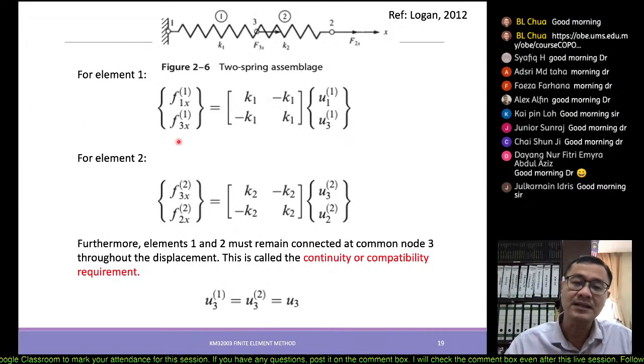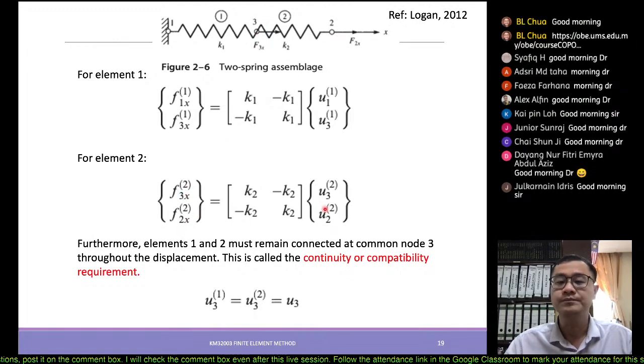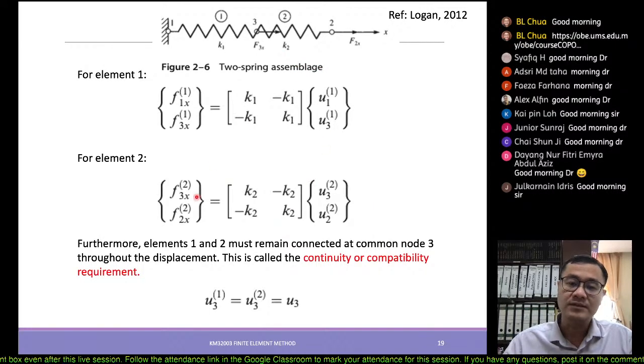Same thing, we just repeat it for element number two. So element number two has node number three and node number two, so 3, 2. And then for element number 2, the stiffness matrix is given by K2, minus K2, minus K2 and K2. So we have formed the relationship for every single element. So we have two elements here. So now from this, remember in our